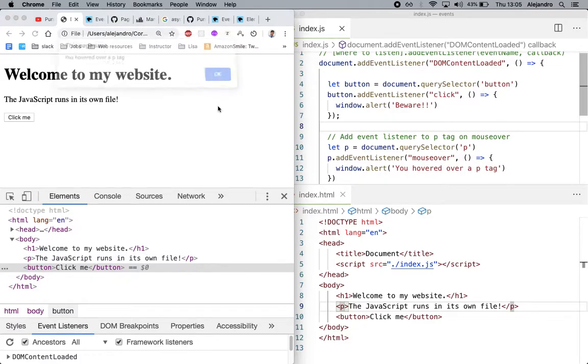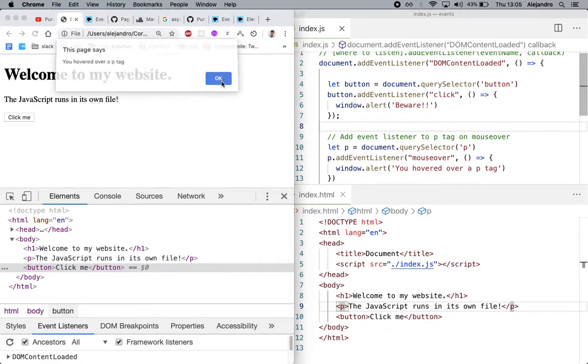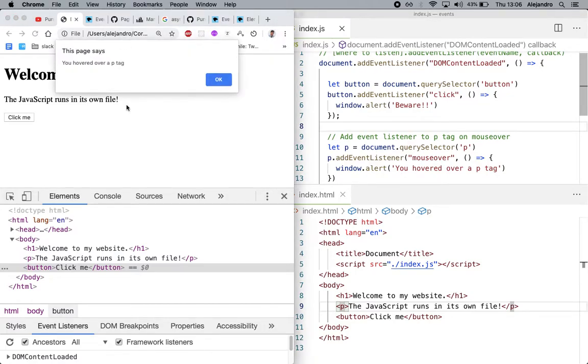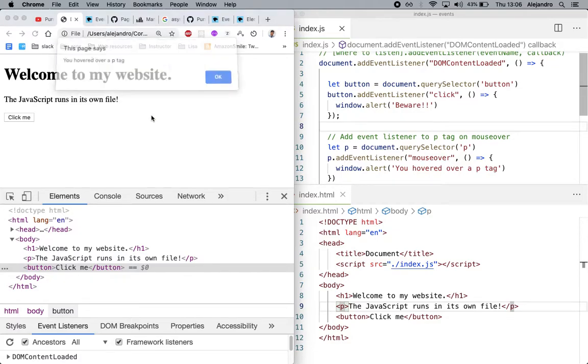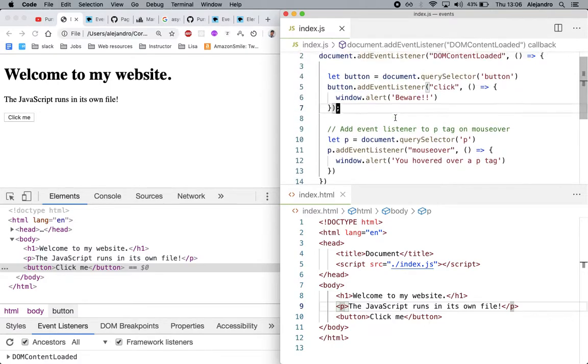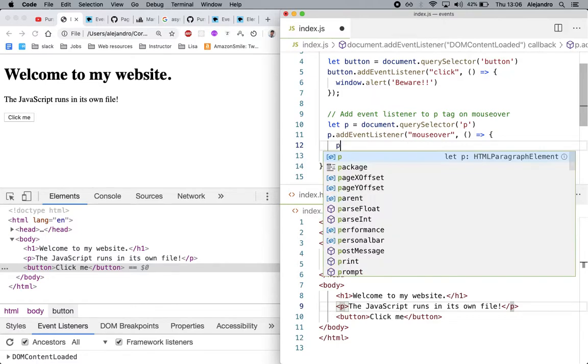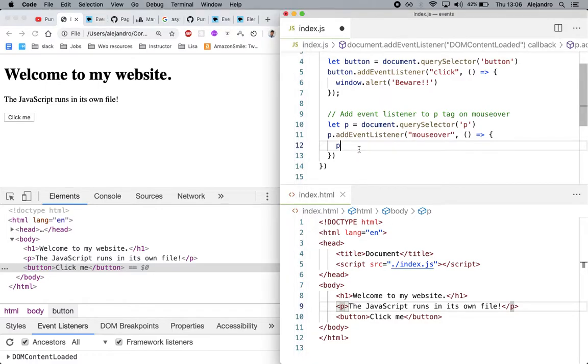But even remove, oh, that would be an interesting one. Let's actually see that one. Instead of removing, let's do this: when you hover over it, it will hide the paragraph. When you go outside of it, would it unhide it? Oh, that's an interesting question. I think it wouldn't. Let's look at that one. Mouse over, instead of alerting, what I want to do is p. I'm not sure if you guys remember, but once we were inspecting, let's do